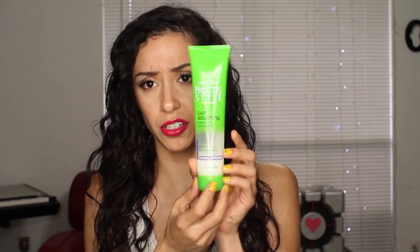So I just slather this on my hair and work it through with my fingers. And then I go on top of that with the Garnier Fructis Style Curl Sculpting Cream Gel. It says Bouncy Curls Frizz Control Extra Strong. I go on top with that and comb through, and then I get my diffuser, the air dryer with the curl thing, and I put it on there and I just let it dry my hair, and this is pretty much how it turns out, but a little bit better considering, like I said, the frizz and humidity. But anyway, I was really excited to find some things that were a bit cheaper that worked,